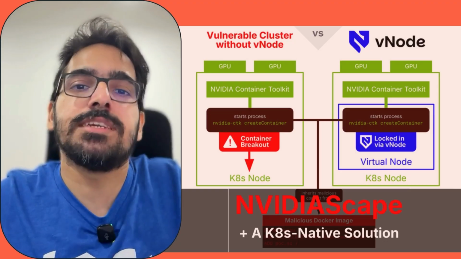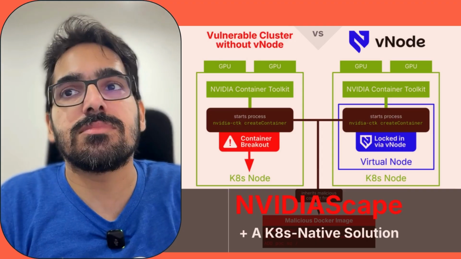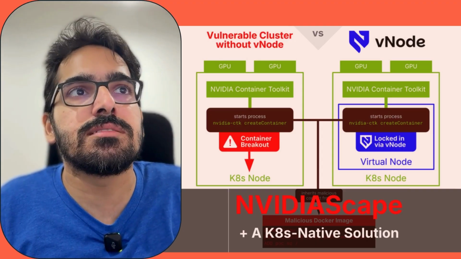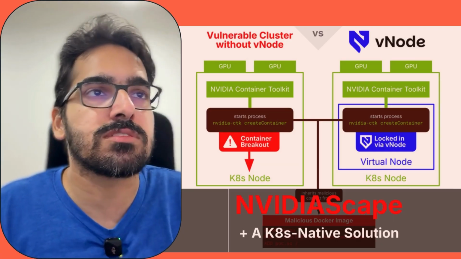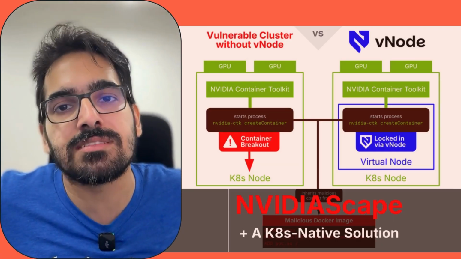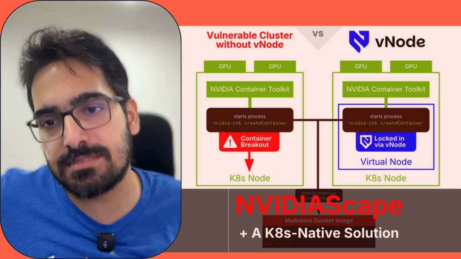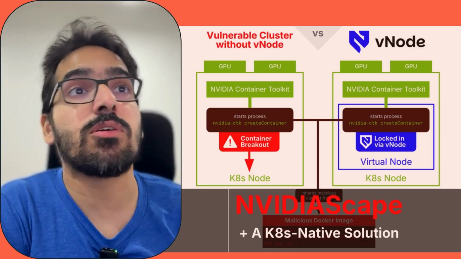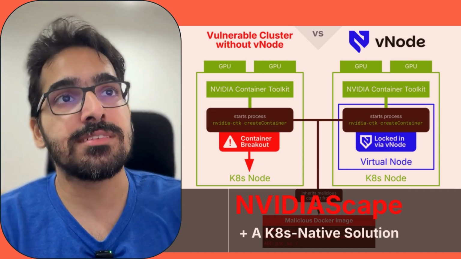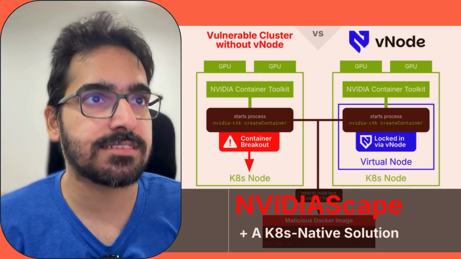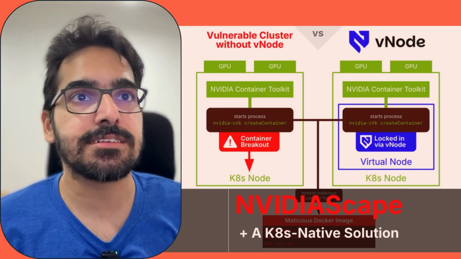So to conclude, NVIDIAScape is just one vulnerability. These container breakouts will keep coming. The very simple answer is to use VMs for everything, but that is going backward and not towards modern architectures, high-performance environments, and using the ecosystem of Kubernetes. For this particular issue, if you are already using the affected systems, you can patch to version 1.17.8, which contains the fix, or you can simply start using vNode, which provides a lightweight virtual node layer